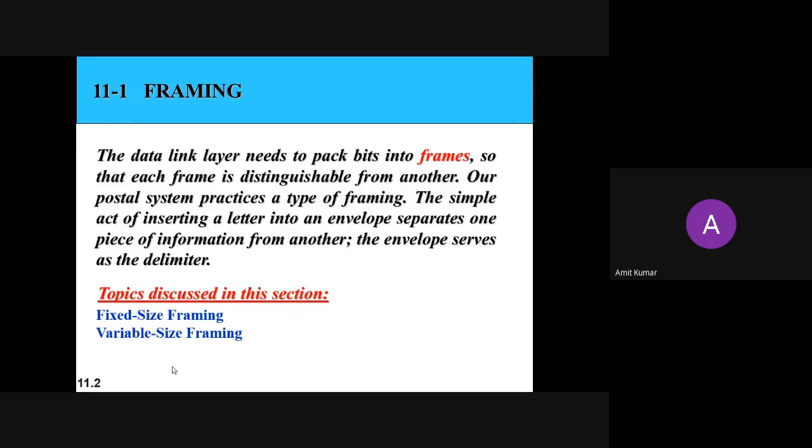Now in this chapter we are going to discuss mainly two types of framing. One is fixed-size framing, the second one is variable-size framing.